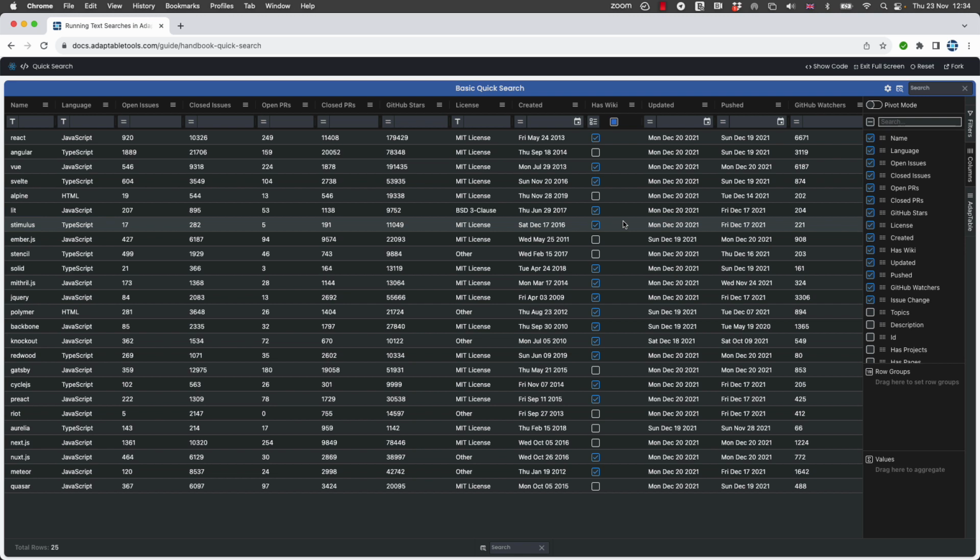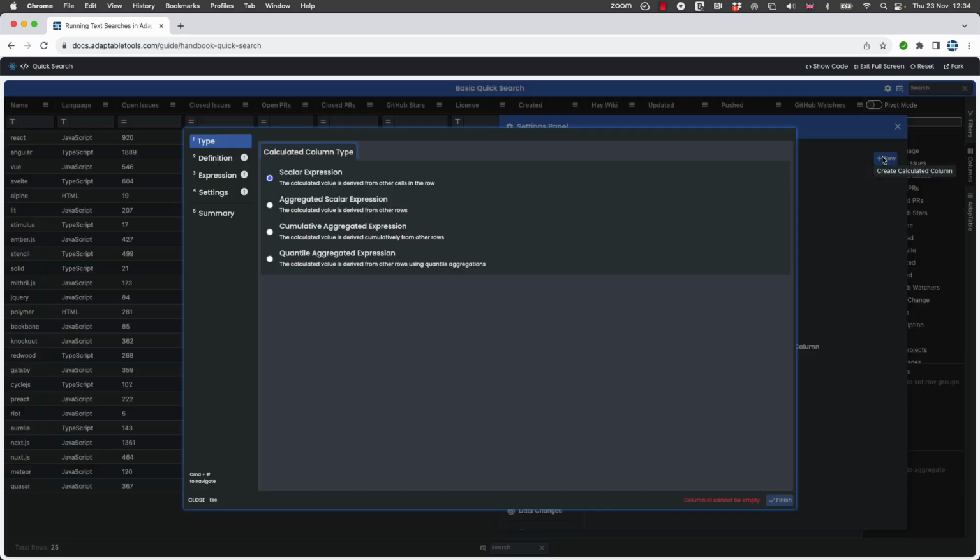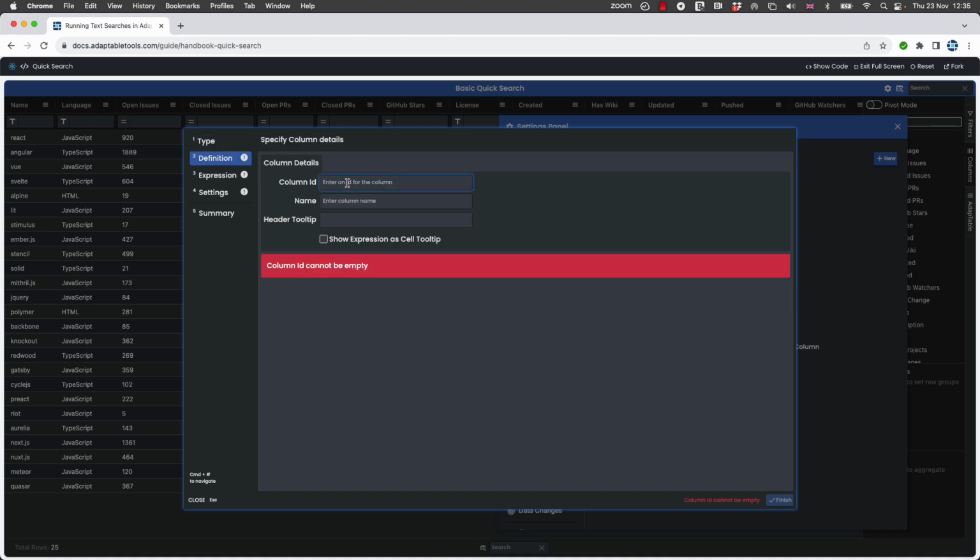is to use a calculated column. So that's what we will do now. So let's create a new calculated column. And it's a very simple one. It's a scalar expression because we're just going to look at other values in the row, other columns. We don't need to do any aggregation or more complicated stuff. So let's call it lowest